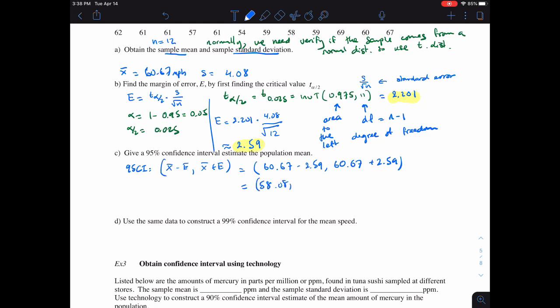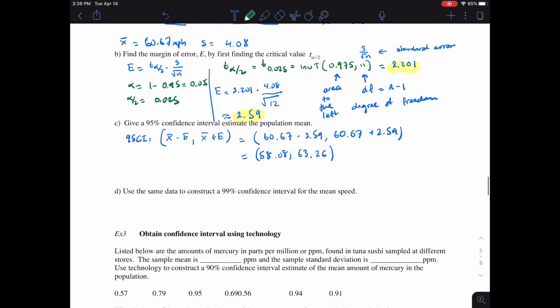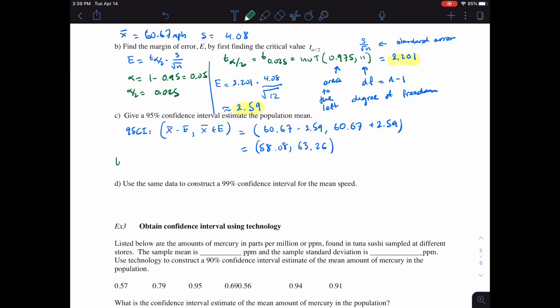58.08, and then 60.67 plus 2.59, 63.26. So that's our confidence interval. So remember what this means. This is saying that we are